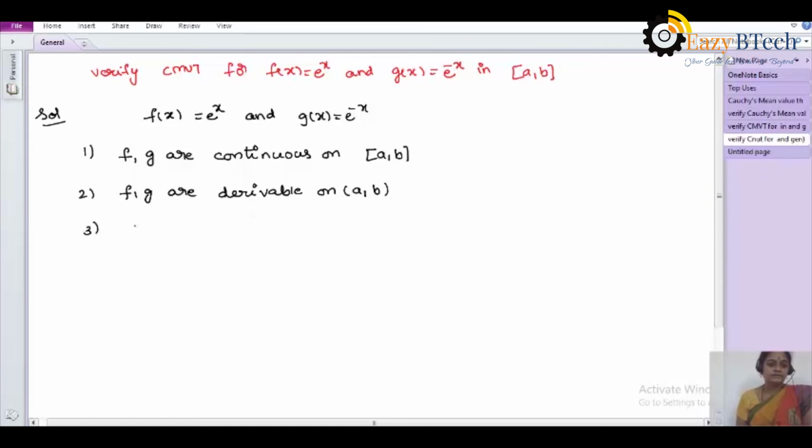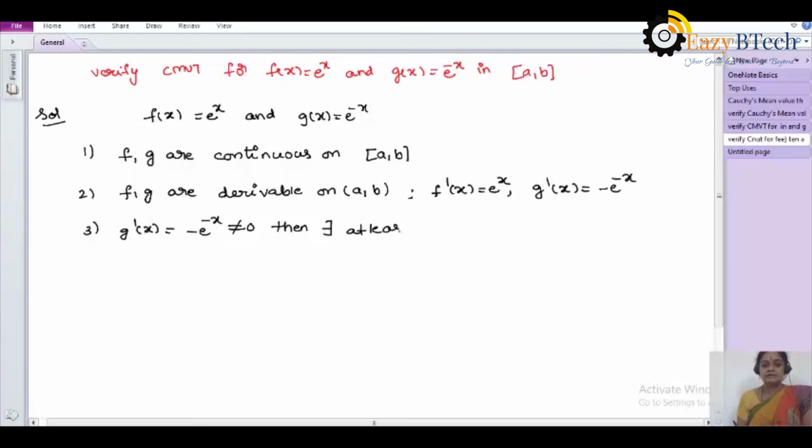Third, f dash of x is e power x and g dash of x is minus e power minus x. The third condition, g dash of x, that is minus e power minus x, is not equal to 0, then there exists at least one element